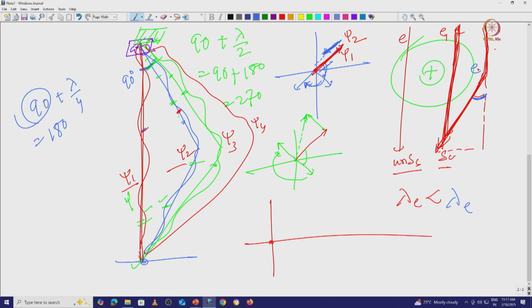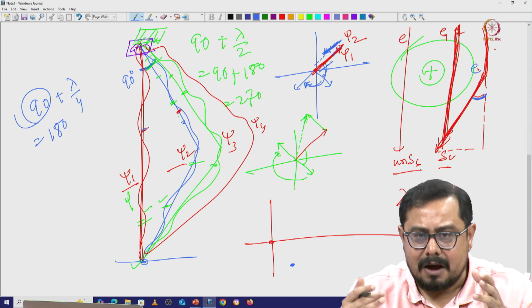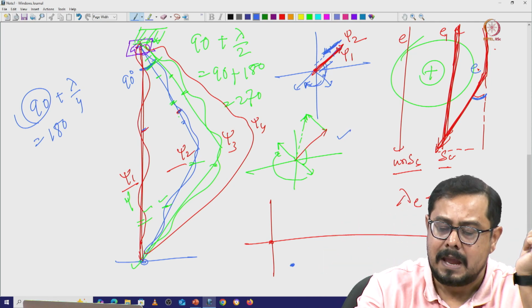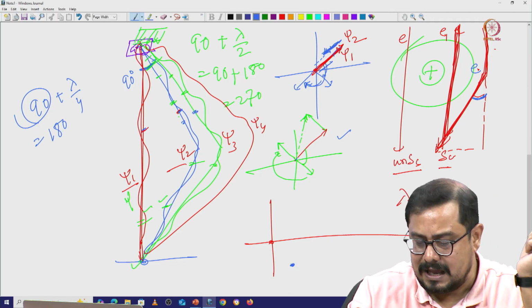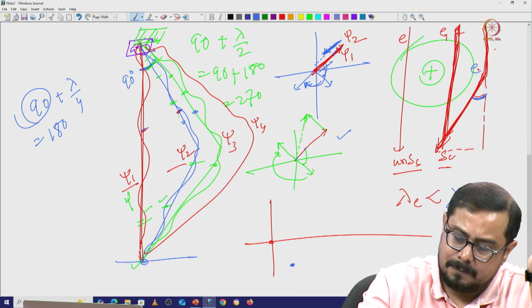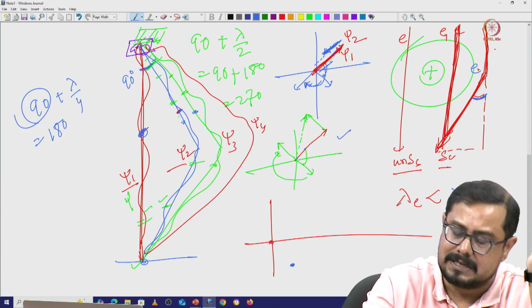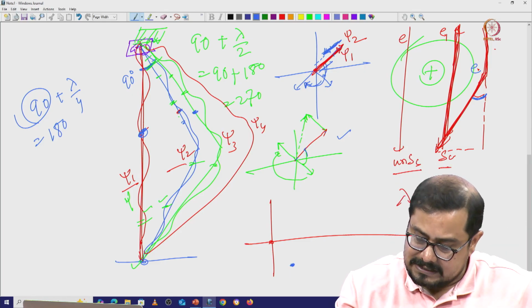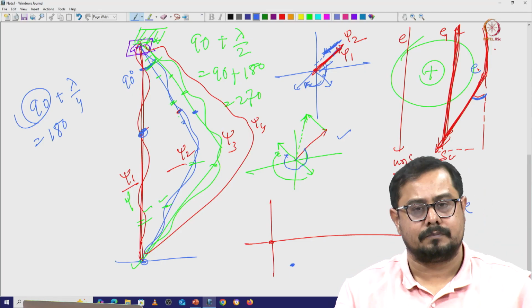So in this particular case, if I want to plot this one, you can see I am plotting this one in the negative direction, because this blue and red wave together is giving me a signal at the lower amplitude. Now if I consider the next one, I showed you this one, which is the blue wave and the green wave. So this is the unscattered electron beam, and if I just consider what is the change between this unscattered electron and the scattered electron with the green one, what kind of change is there? Change is initially 90 degree and then another 180 degree.